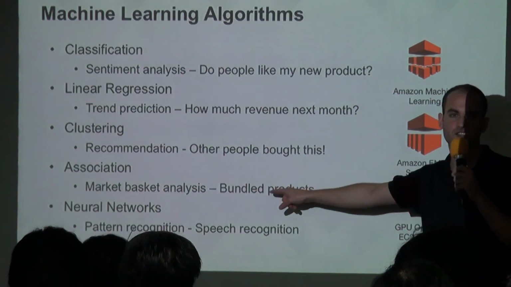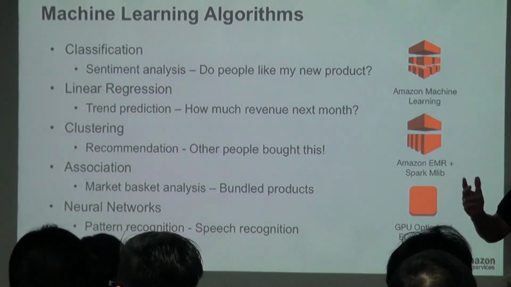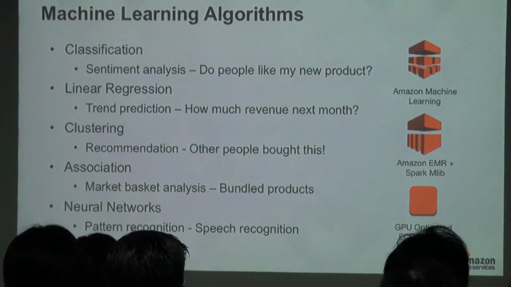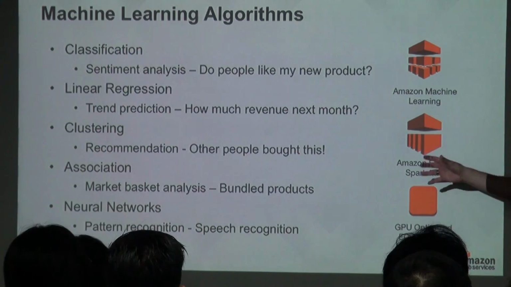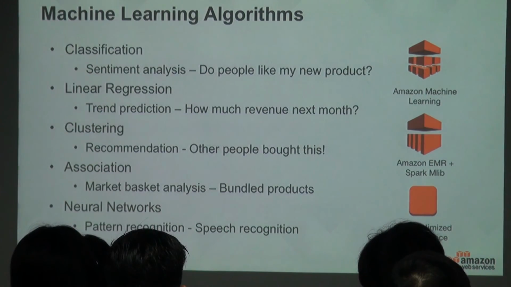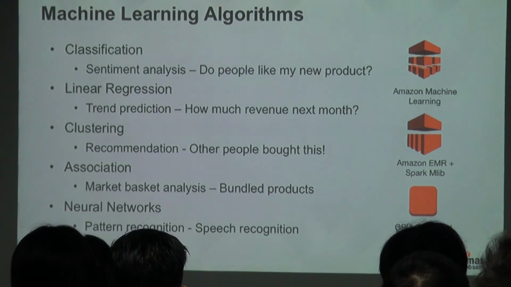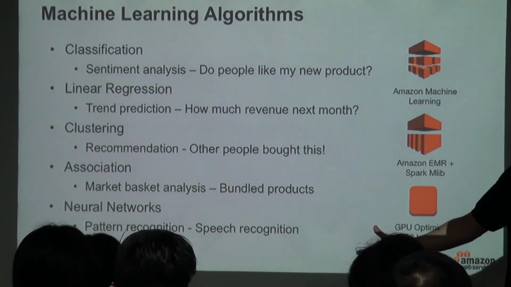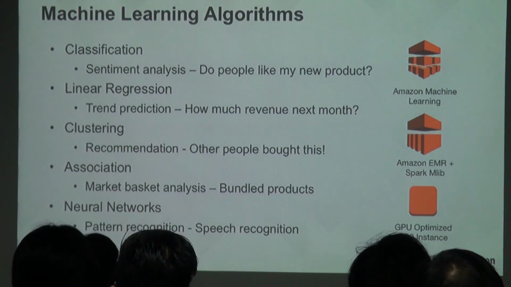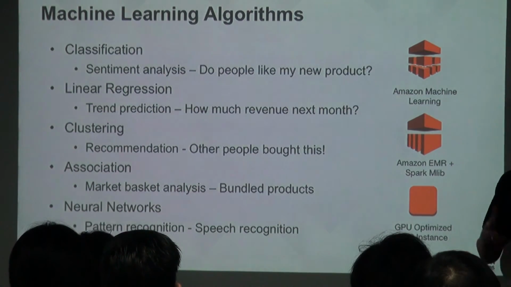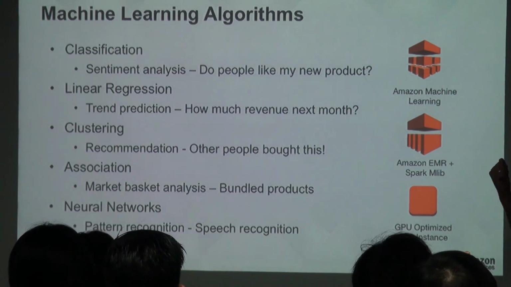Another one is obviously association. If you go to a Family Mart or your Kmart or 7-Eleven, you use that algorithm on a day-to-day basis, you just don't know about it, or better said, they use it against you. What is an association algorithm? Market basket analysis is a very traditional, common one here to find similarities between products. For example, if I buy a bottle of Coca-Cola, I'm very likely to buy a bag of chips, for example, if I have a certain profile. Right, that's a market basket analysis, so bundle products together. Again, those association algorithms are available in R, and Spark, and Mahout,